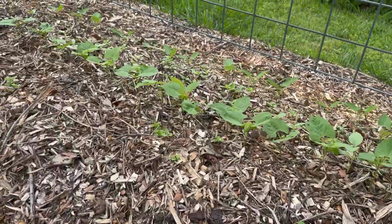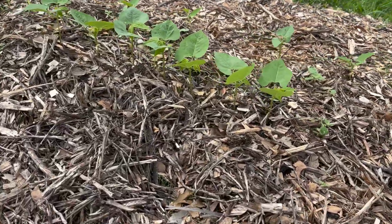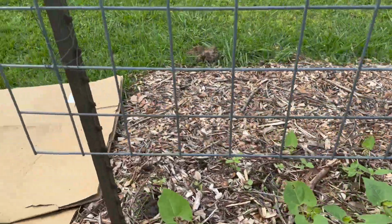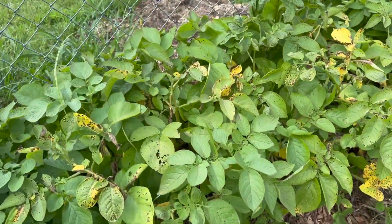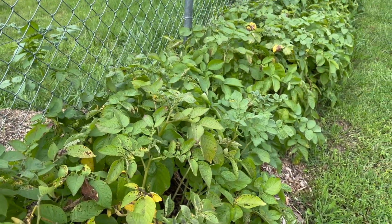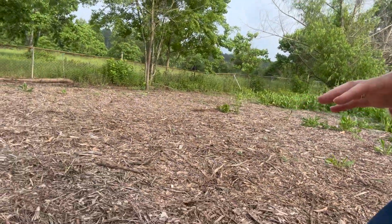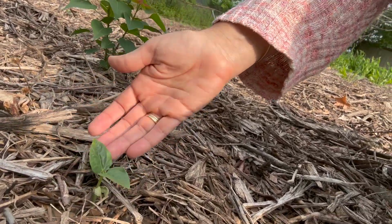Some more seeds have sprouted along here. I think this is some more baby bunching onions. And the potatoes are starting to turn brown. I really think we might need to get in here and harvest some of these. Just come back down to this area out the back here, and some of these I just wanted to see, and yes, they are. Can you see that? That's a little baby,